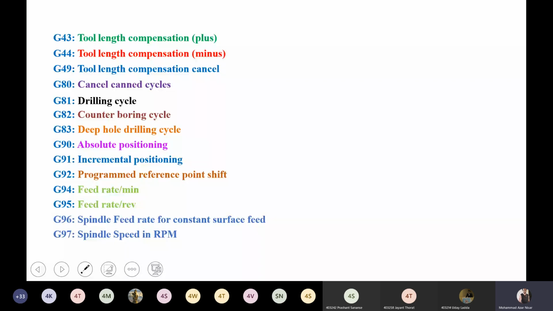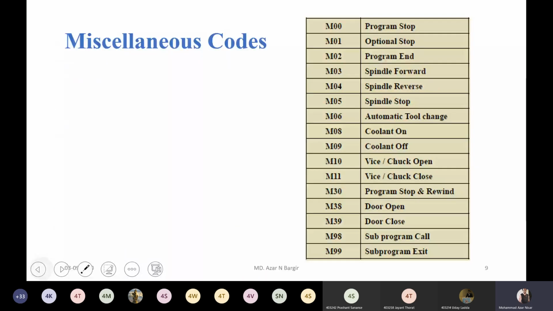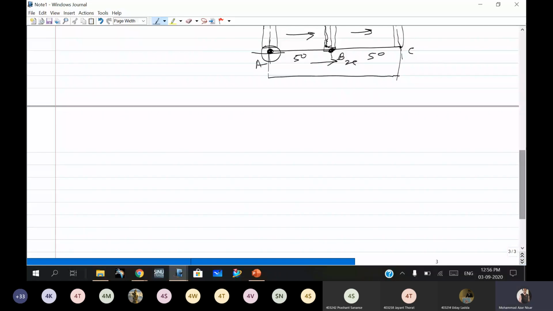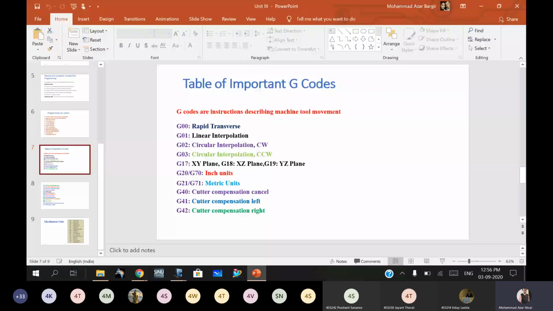Apart from this, there are some important codes I will explain again that are not mentioned in this PPT. The codes in this PPT are the most widely used, which means they are mandatory; you have to know all of them.